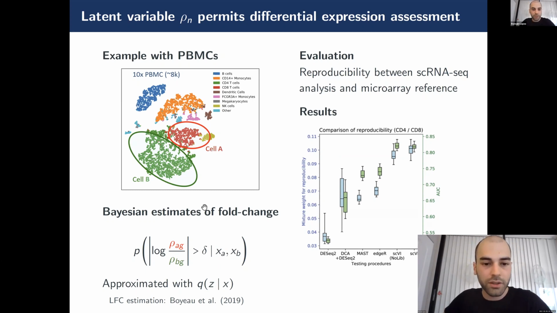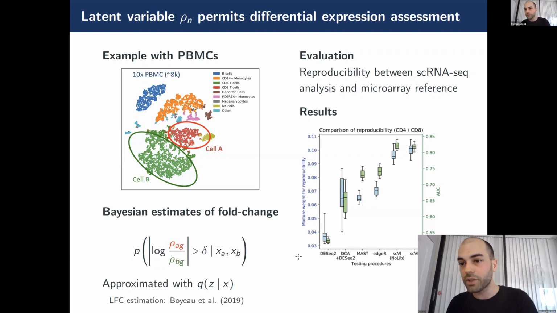And then we calculated, I guess this was a second paper, we'll present a third one, but we presented the log-fold change, which is a standard metric for calculating differential expression. We just calculated the posterior probability that the log-fold change between two cells for a given gene in terms of rho is more than a certain threshold, say 0.5. And this gives you a ranking of the genes, and you can compare how well the ranking is